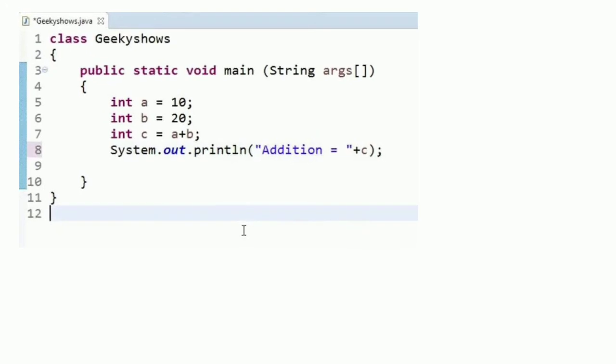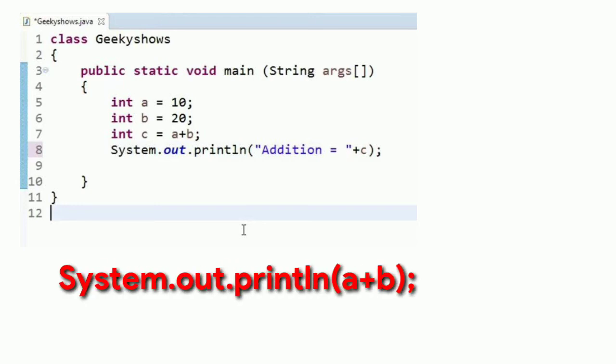And here is a basic problem. In the main method we have given three variables. The first one is int a = 10, and the second one is int b = 20. So you have given two variables at first, and the third variable is int c = a + b. You are doing an addition of int a and int b, and this third variable denotes these two things. You can even do this step in a second way: instead of giving int c = a + b, you can directly write in System.out.println("addition = " + a + b). Here is a simple problem, try to do it.